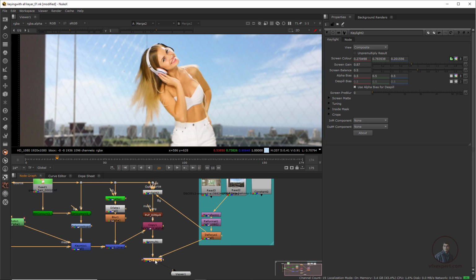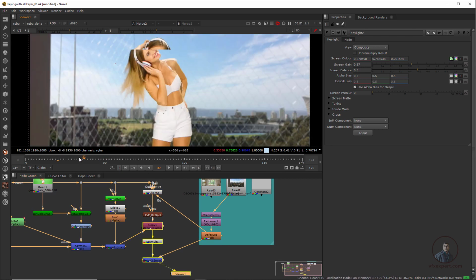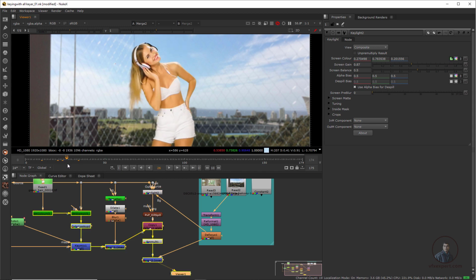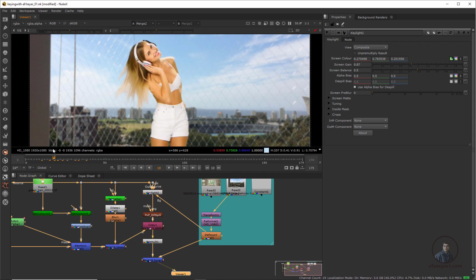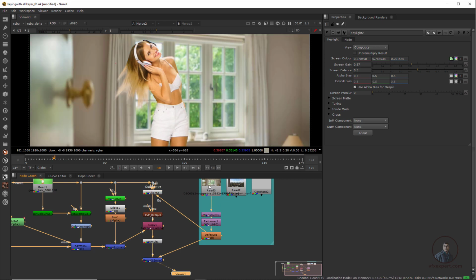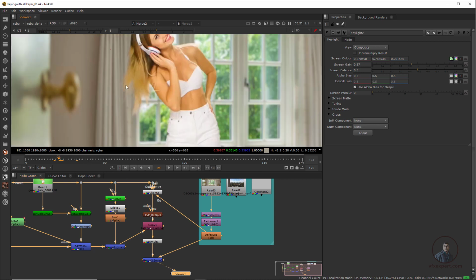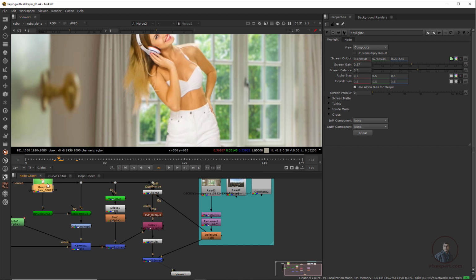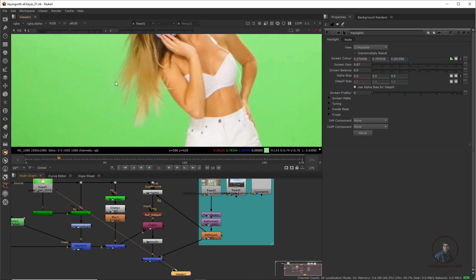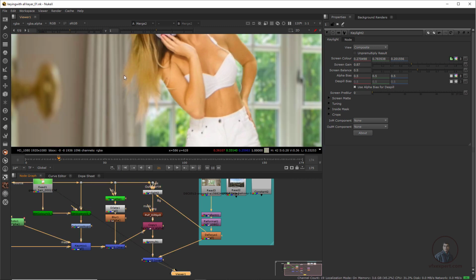Now select this one, press 1 again, press H, play and check. Maybe this is looking good. Now unplug from here and connect it with the original background, whatever I am going to use. If you want, you can use any background here. So this is our final output after doing all these adjustments, and this is our original plate. Select this one and press 2. Now we have to compare 1 and 2, maybe some details we are losing here.